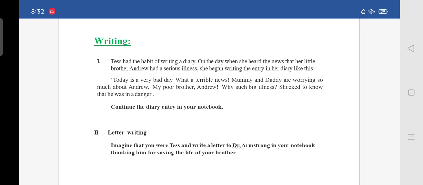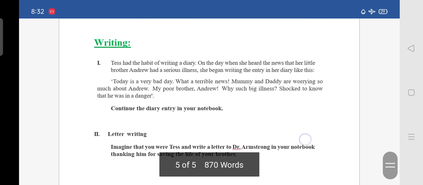So what is your homework? First one, you have to complete the diary entry imagining yourself as Tess, and another is letter writing, imagining yourself as Tess, and you have to write a letter thanking Dr. Armstrong for saving your brother's life. So this is your homework, and we'll be completing the